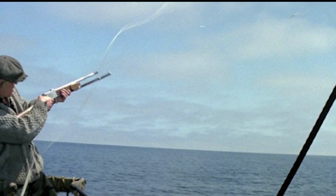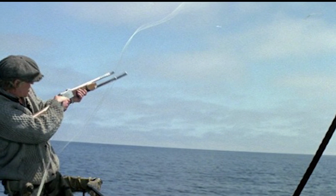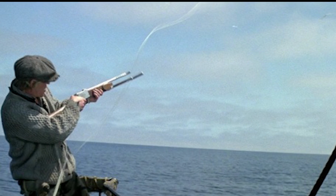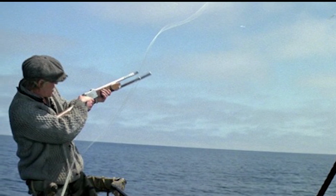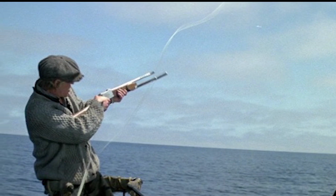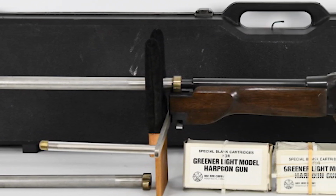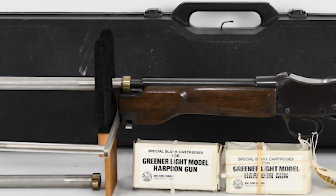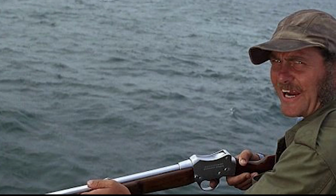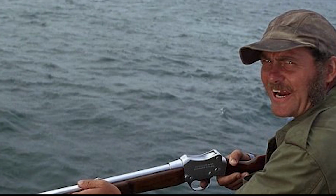prey. The impact of the Greener Light Harpoon Gun on hunting practices was profound. It streamlined whaling operations significantly, making the whole process more efficient. Before this invention, hunting large marine animals was not only perilous, but also less successful. With the Greener Light Harpoon Gun, hunters could now work more effectively, improving their chances of a successful catch, while also reducing the suffering of the animals. This reflected the era's growing push towards more humane and efficient hunting methods, even in the harsh conditions of the